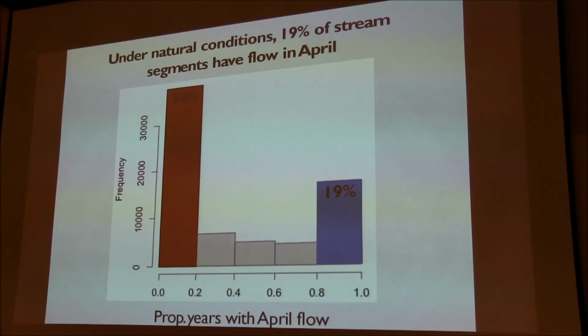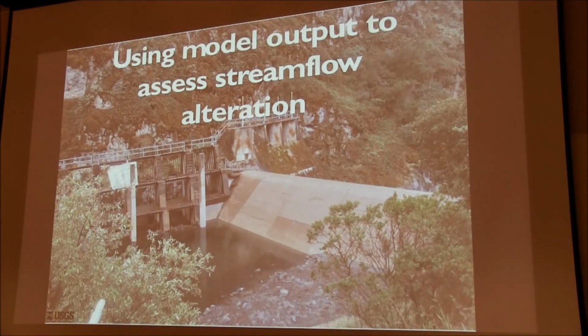Another way of summarizing that is that under natural conditions, roughly 19% of these segments have flow in April. So you can use this in a management scenario and planning for monitoring efforts. So now then, applying this to